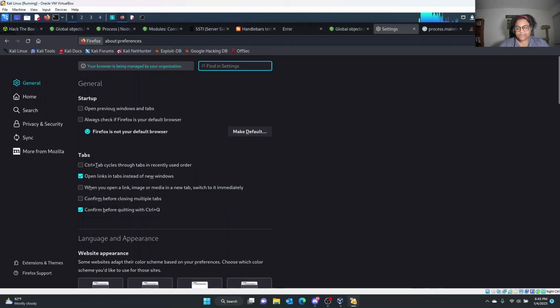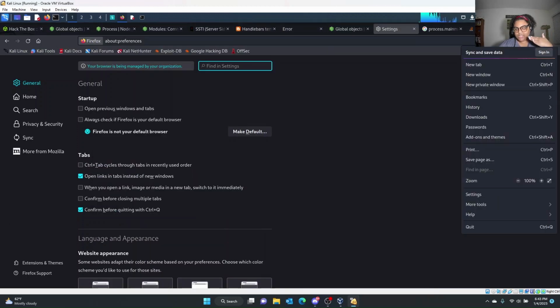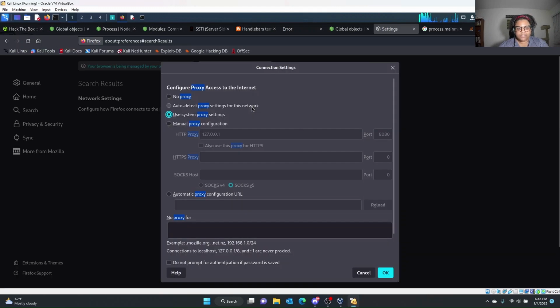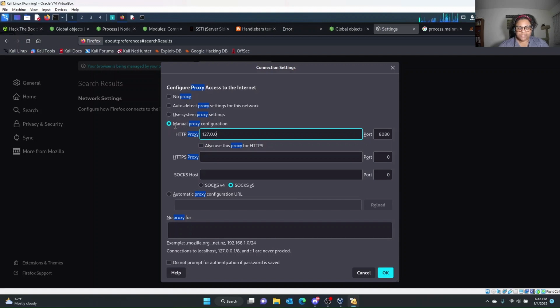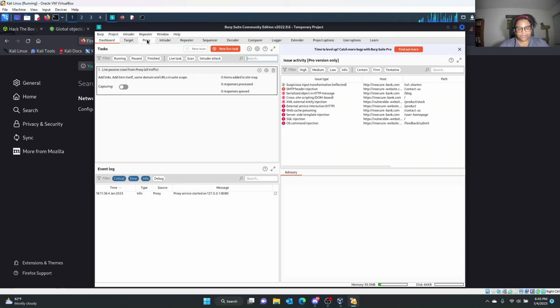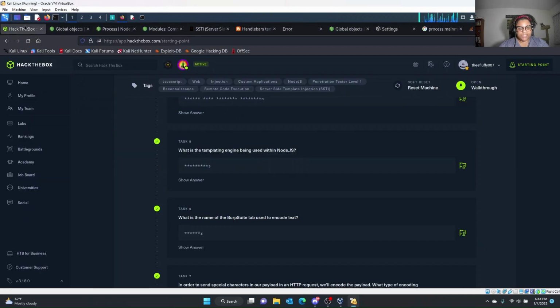So I'm using Firefox. So you click the three lines, go to settings. I type in proxy. It just makes it easier. And then right now we're using the system proxy settings, but we want to do manual proxy settings. And we want to type 127.0.0.1 and then port 8080. And then we want to say okay. So now our intercept proxy is on. And if we refresh,